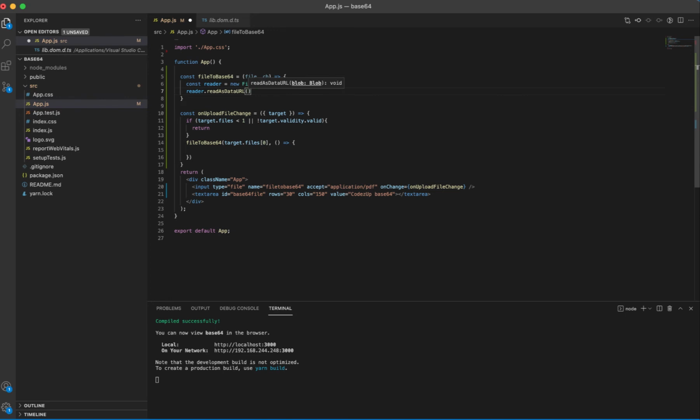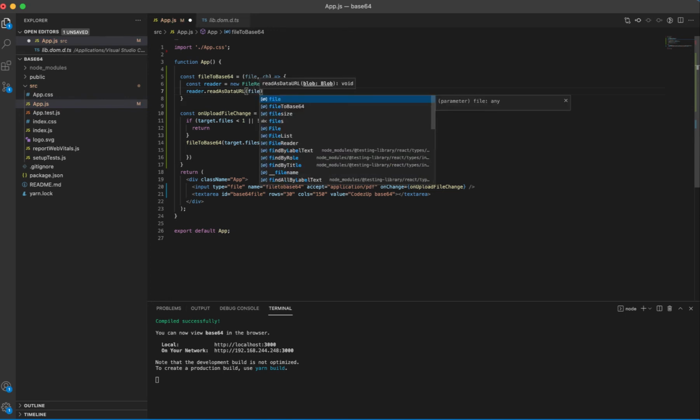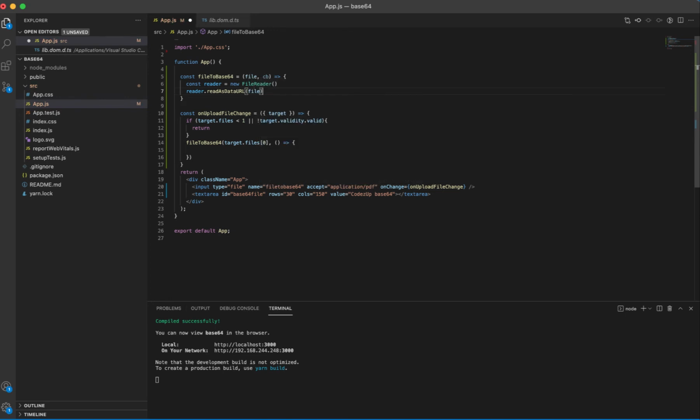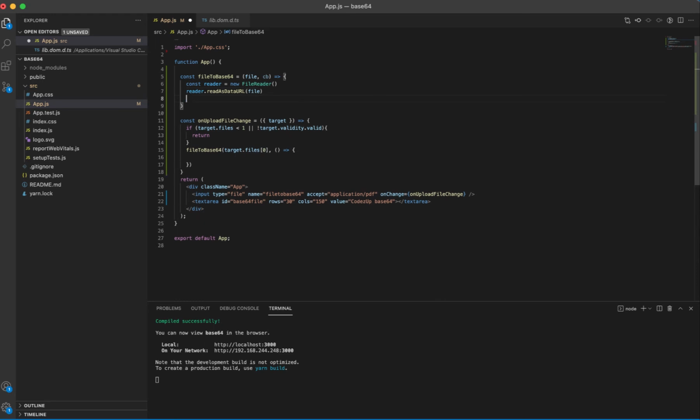Okay, so this will read all the buffers from that file and store them in the reader. But this is an asynchronous function, right? So how will we know it has finished reading the file? If the file is quite large, like 5 MB or 10 MB, then it will take some time to read the file, right? So in that case it also provides us another function, reader.onload, which